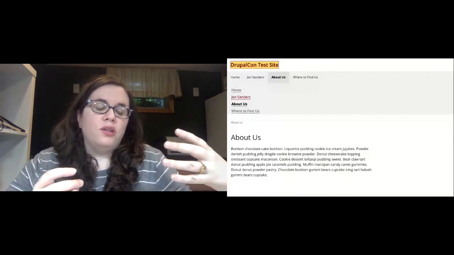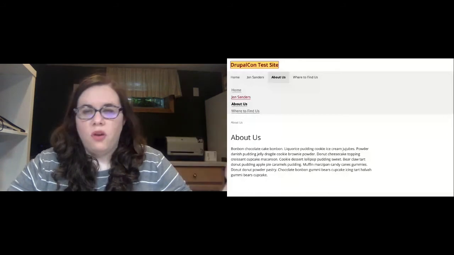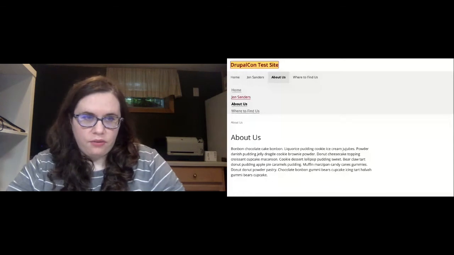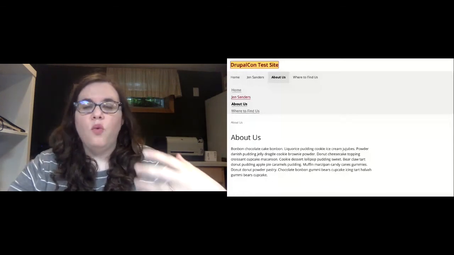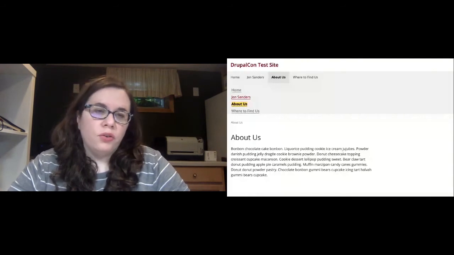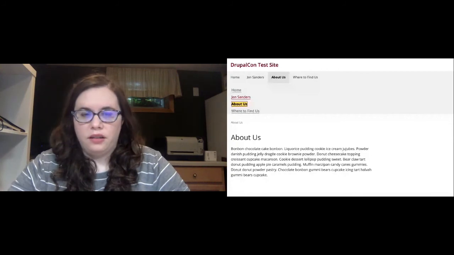So if you were doing just tab navigation, just testing with your keyboard, you wouldn't know that was happening. So this is what's important to test with both. Now I have this menu here so you can see what it should sound like. Visited. Link. Home. Link. Jen Sanders. Visited. Link. About us. Visited. Link. Where to. Visited. So it should be able to go through the individual links, read off what it is, and then you should be able to activate it.